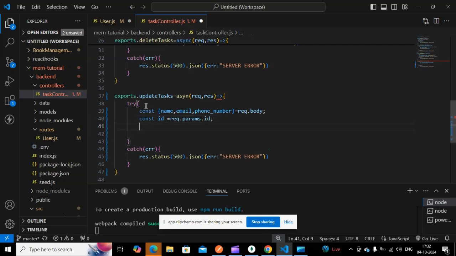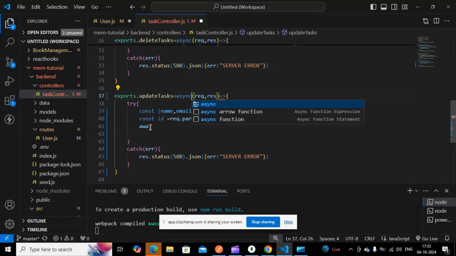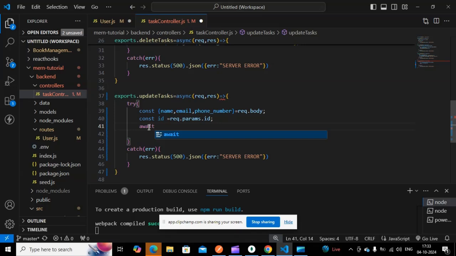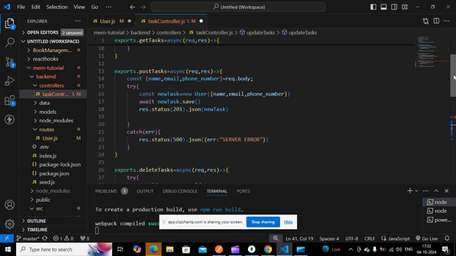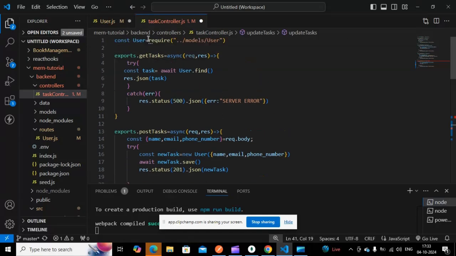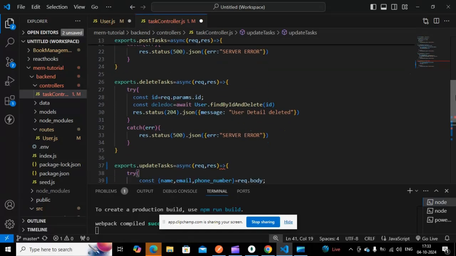Now I have to search in the database for the id that has to be updated. For that, we have a method called findByIdAndUpdate. Here I have to use await, so async I have to give here. The model name is user, as you can see here, so I have to give user over here.